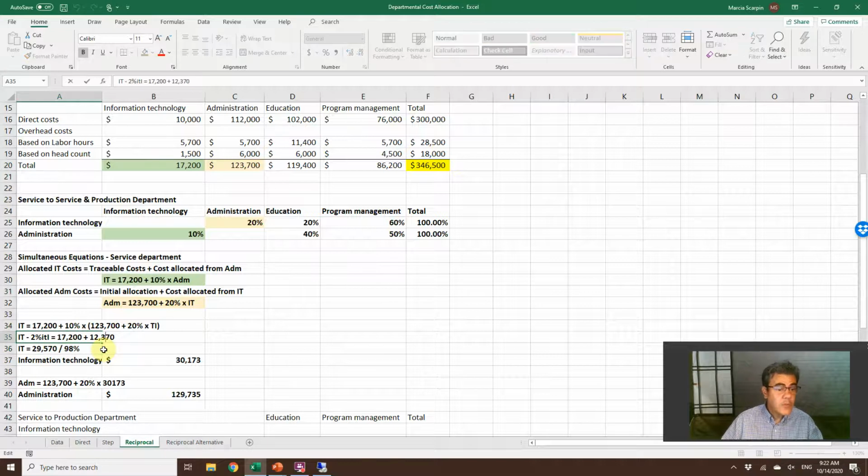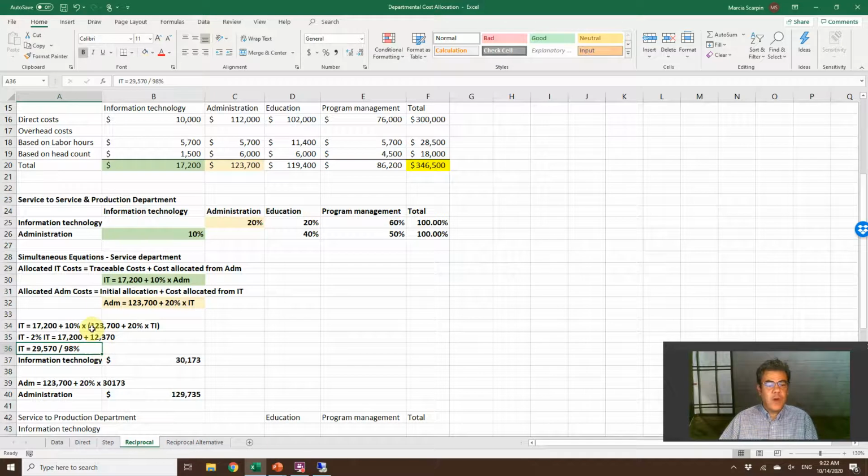Whoa, that was bad. IT equals 17.2 plus 123.7 times 10%. And less 2% here, which is also 10% times 20%. So information technology will be 29,570 divided by 98%. That is 30,173. And then if we have this number, now it's easy to find the administration cost because the equation